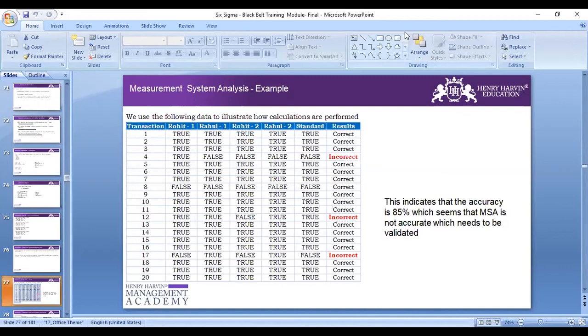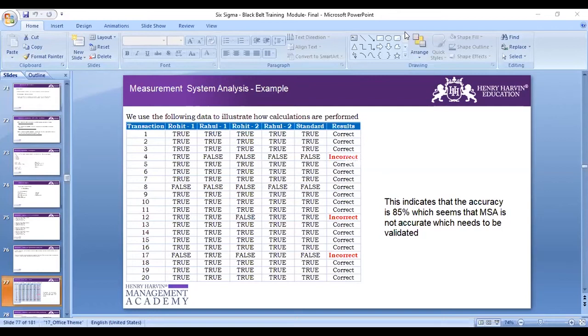Will that not be that the trials would, as Rohit has done it twice and Rahul has done it twice, so the trials are 2, but the appraisers are 2 as well because it's Rohit and Rahul. If we add Bhanu in here, maybe I'm wrong with the understanding, but just trying to reiterate, Bhanu also does it twice. So the trials would remain 2 as everyone has done it twice, and the appraisers would be 3. Yeah, that is also my understanding.